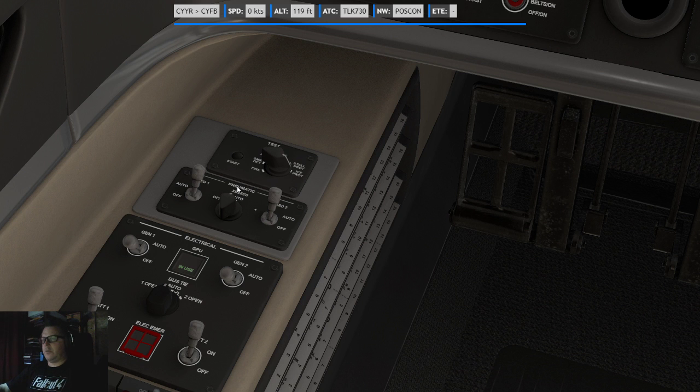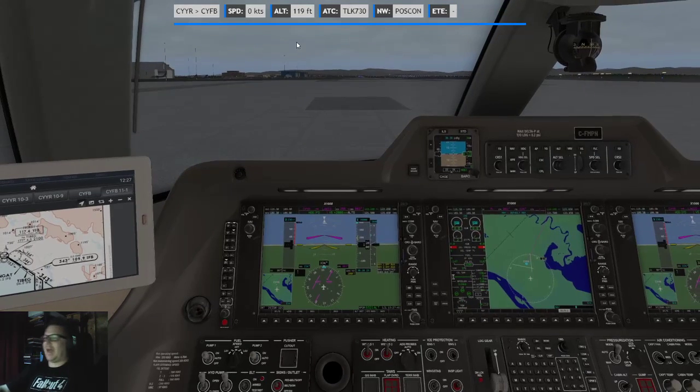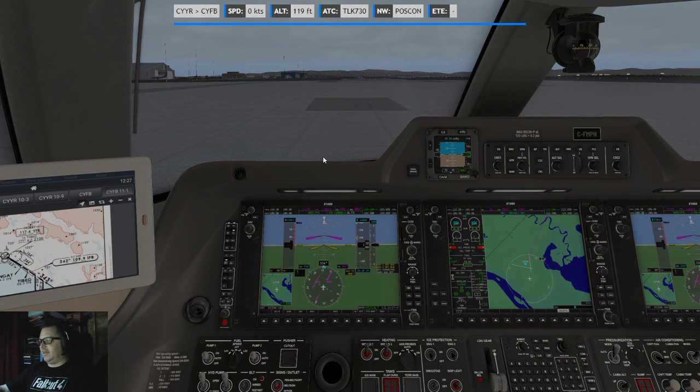Stall. Stall protection. Stall. Ice protection. Yeah, this one, I think this is a little last bug that needs to be fixed. When you go from here to here, it shouldn't go stall stall. It should go stall stall only when you press the button. But I don't care. It's a great plane.